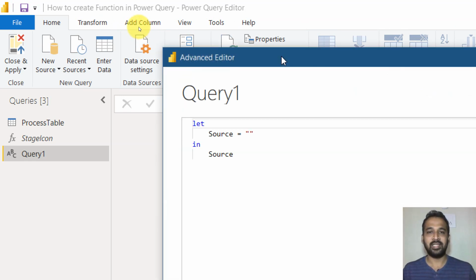So here you can see the default code, which we have covered, the basics of Power Query, in my previous video. If you haven't seen that, it is a must for you to go and watch that video and then come back here to continue this video, because you need to understand the basics first in order to continue with these processes and clearly understand how these things work.